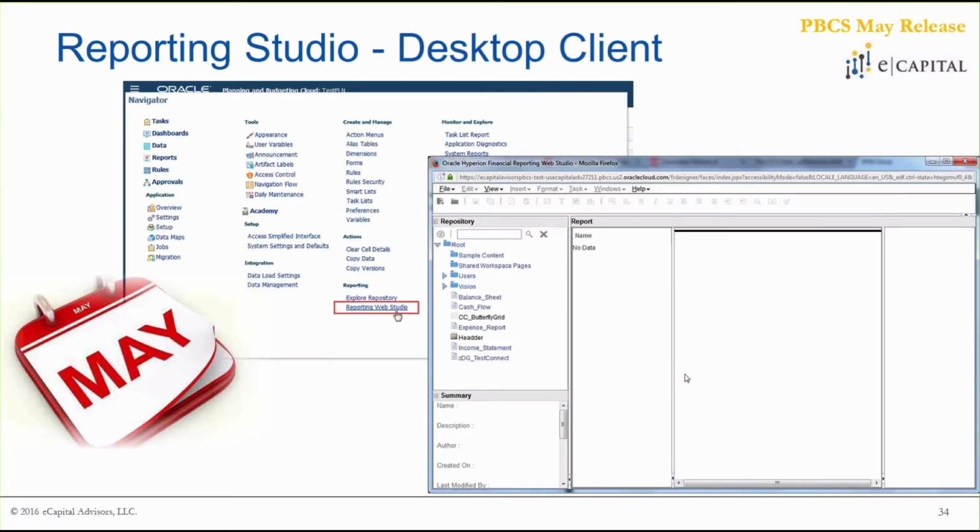So next is that Reporting Studio. It's May, this is the month. We've been communicating this for several months now, but the desktop client for modifying your financial reports is no longer supported by Oracle. So I did test it. I was able to still log in with the client. However, if something were to happen and